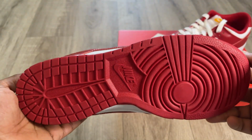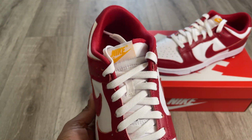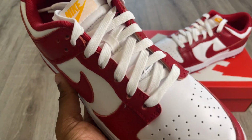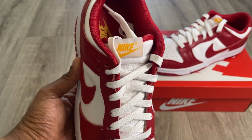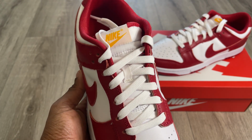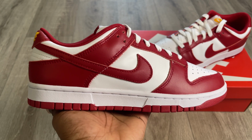You come to the outsole, which is in a really nice shade of red. The laces, you do get the usual Nike Dunk Low laces, but these ones look like they actually have those little sparkly things in there as well, so you can see the little sparkles on there. Pretty cool. Obviously you do get your white nylon tongue. You do get the Nike logo stitched in red on there as well,